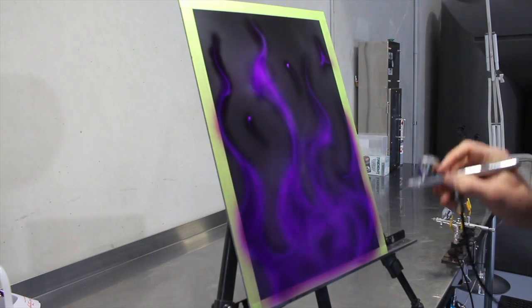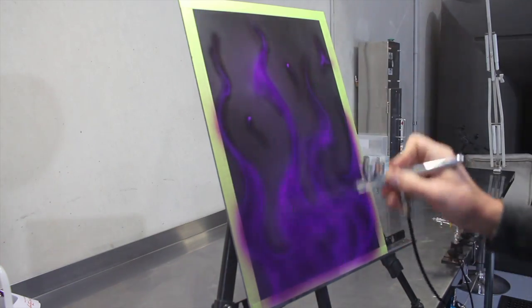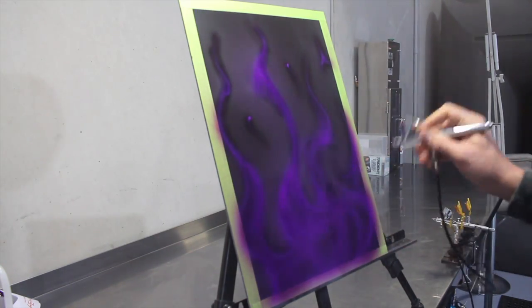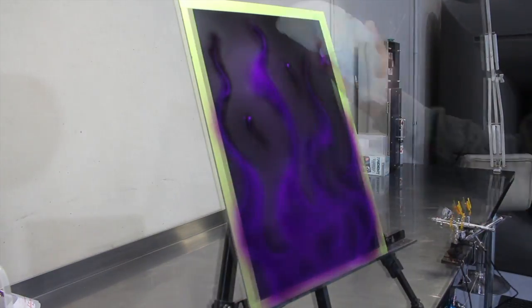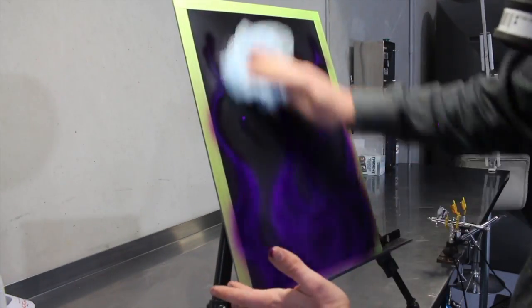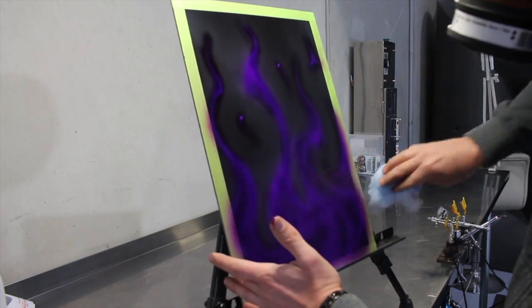That's the drawback of obviously using an airbrush. You could probably use one with a bigger cup, but I've had these airbrushes for many years and they're just a great workhorse for this sort of application. So once I get that covered, you can keep going and going and going, but eventually it'll go so dark